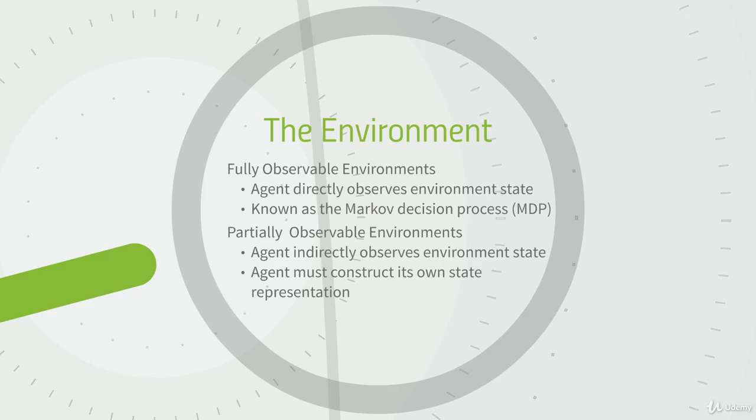And this state representation that the agent creates is going to be based on the complete history of observations that it's made, as well as beliefs of the environment state. So it's going to try to make future predictions off of prior information because it doesn't know the entire environment. But we'll take a look at some of these a little bit later on. But for now, let's explain the agent in a little bit more detail.